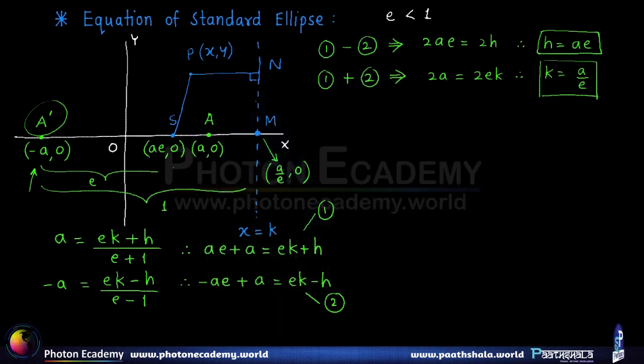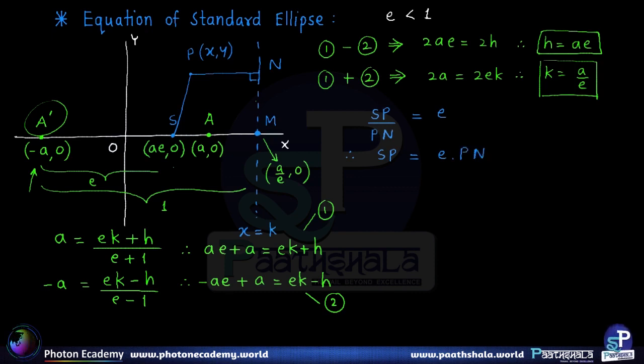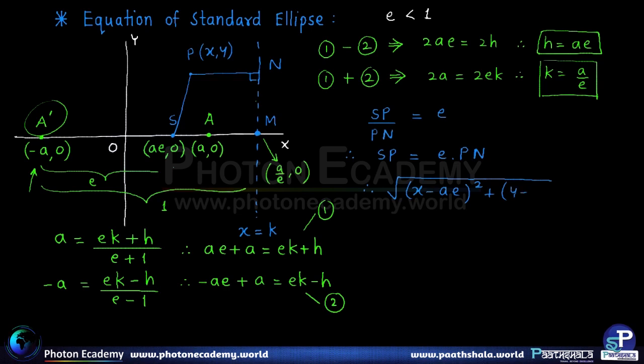Now as per the focus directrix property, we know that SP upon PN, that ratio is nothing but the eccentricity E, isn't it? So therefore we have SP is equal to E into PN. Now we'll have to write the expressions for these. SP is the distance between S and P, so that will be root of (x minus AE) the whole square plus (y minus 0) the whole square is equal to E into root of,